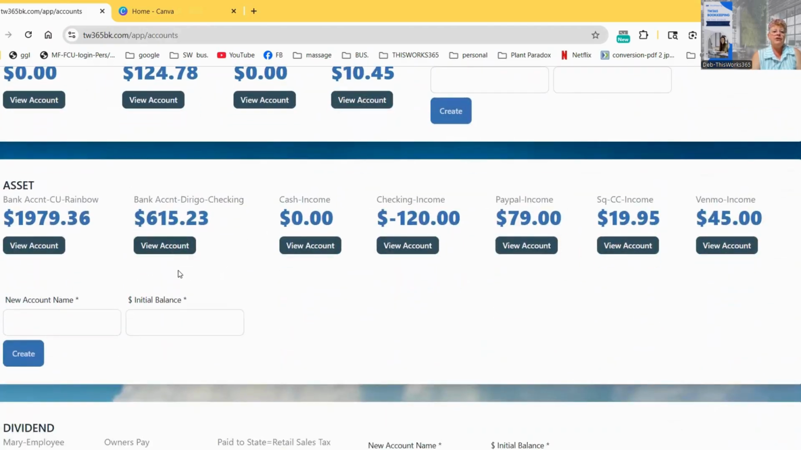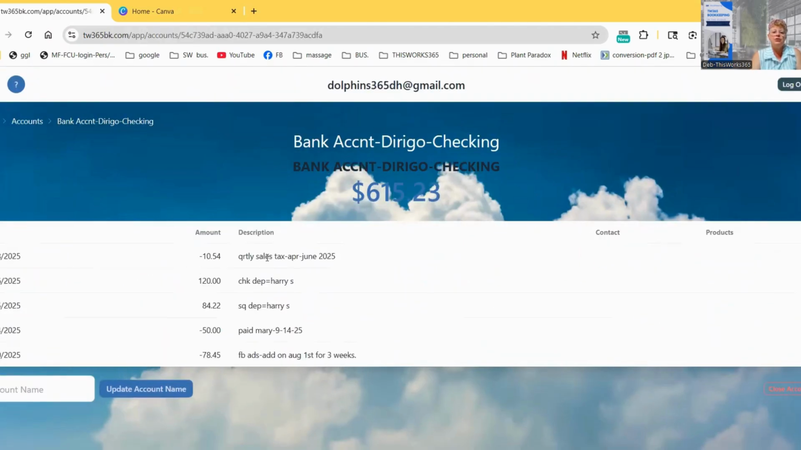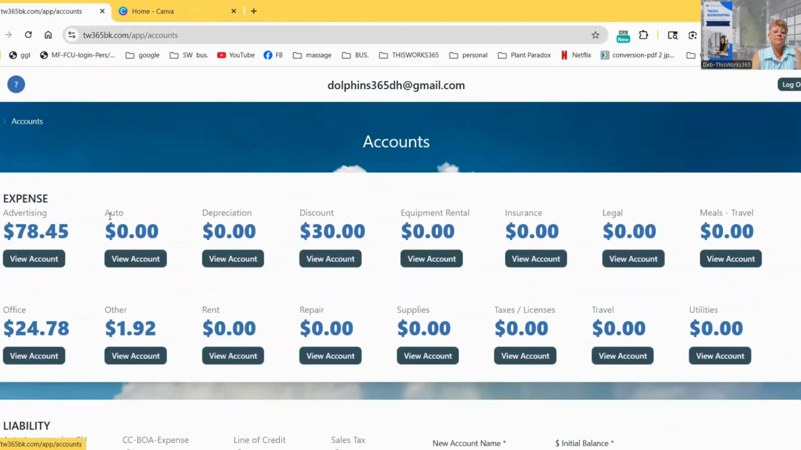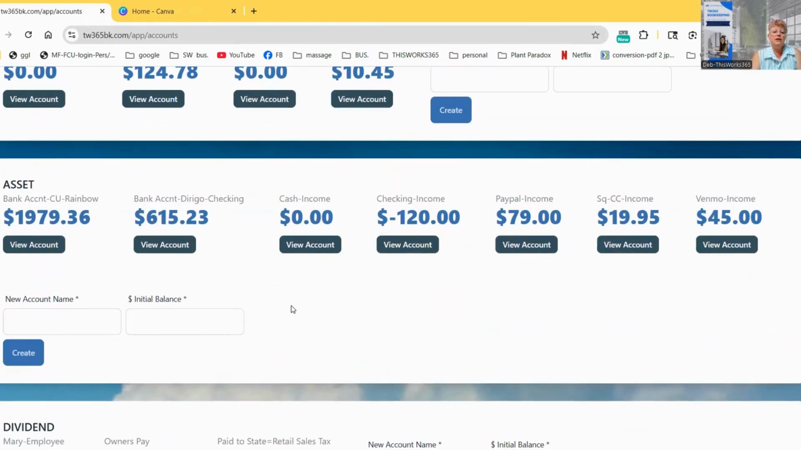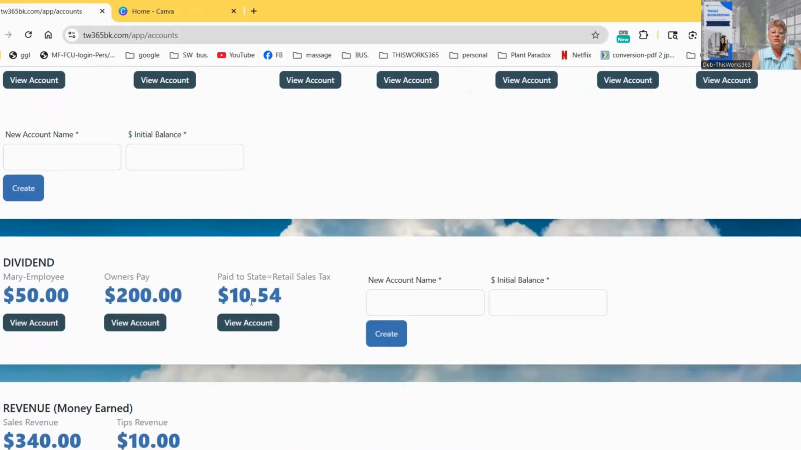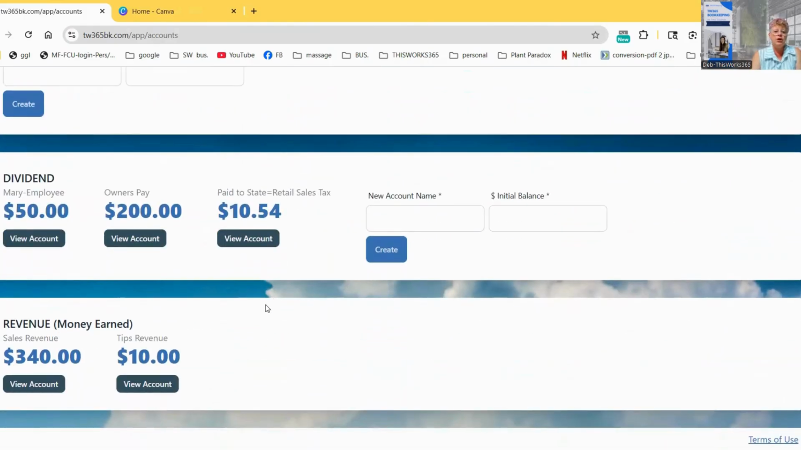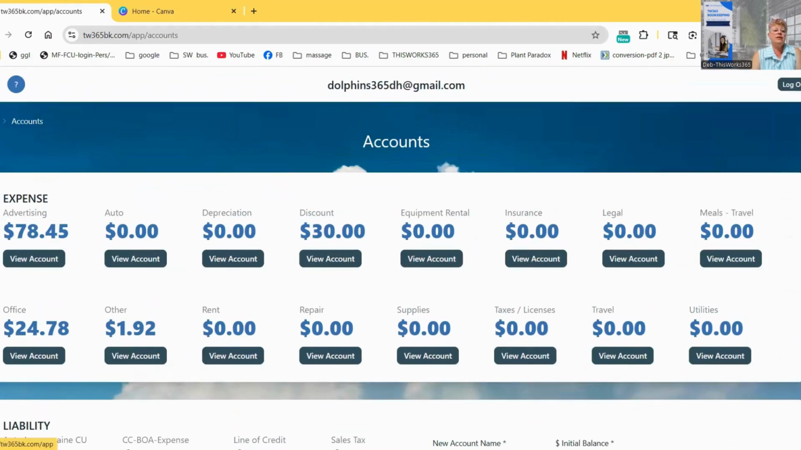My bank account decreased. Quarterly sales tax was pulled out of this banking account. And it will show up into my liability. The $10.54 is what I have paid. And I think this is wonderful because this will show you and keep track of how much you have paid your state in sales tax and what you have earned in that sense. So again, simplicity of